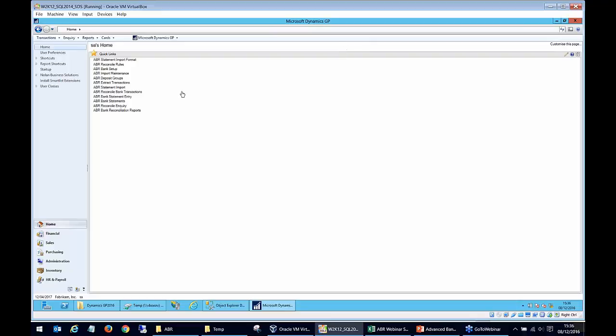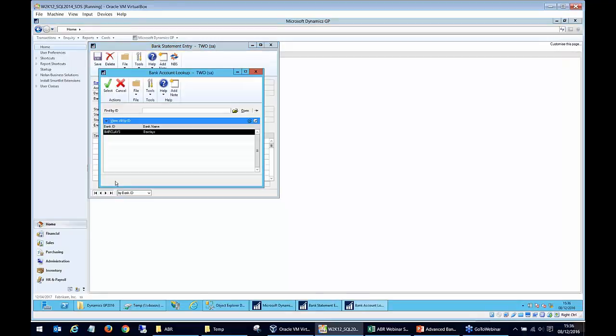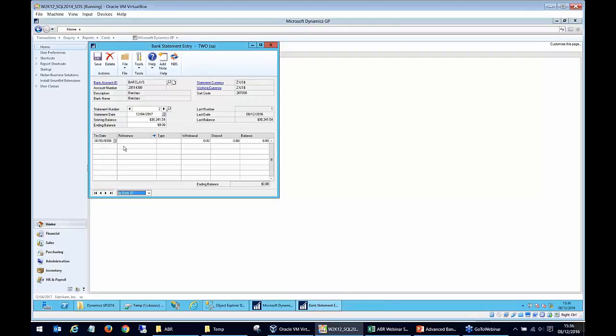Okay, so the other bits that you have for the bank reconciliation module is you've got a statement entry where you can actually, let me choose my bank account first, would help. You can actually choose,